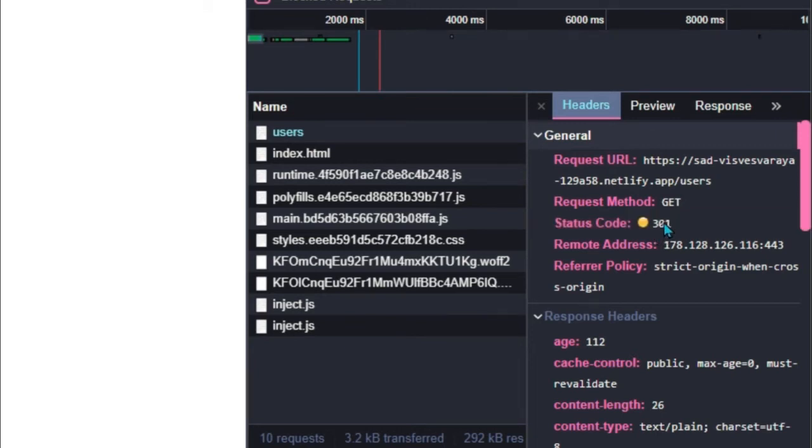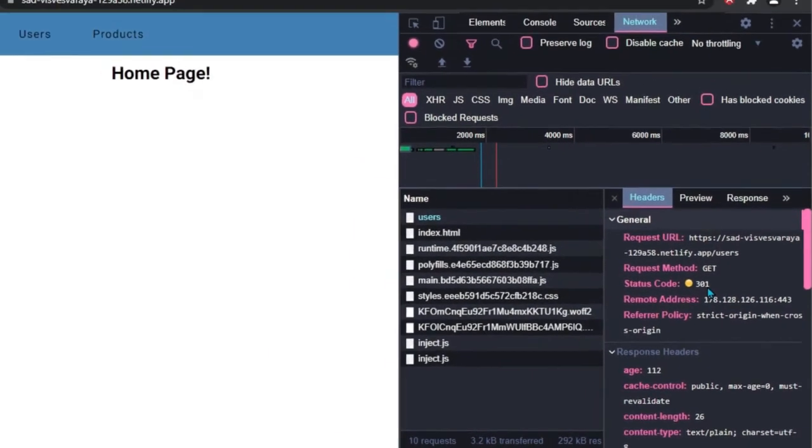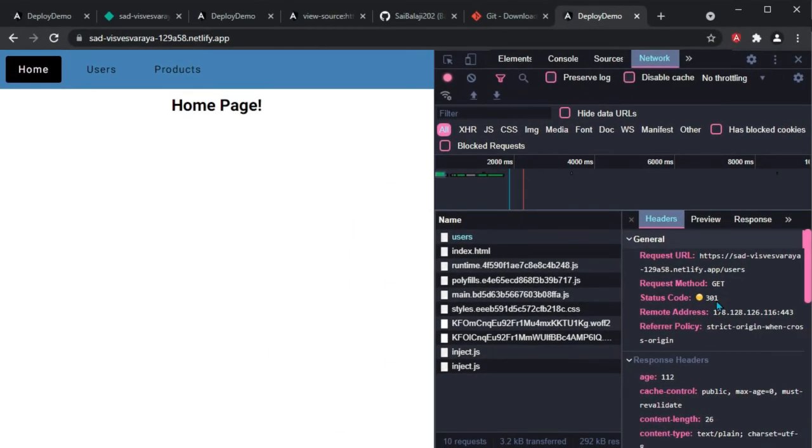Now you may ask, well, we are doing redirection only, so what is the point of talking about this status code? Logically speaking, we are not doing any redirection. We are just delegating the route handling part from the server to Angular. That's what we are doing. So in order to delegate the task to Angular, we are using server-side redirection as a trick. We didn't mean that the requested resource actually moved to some other path. We didn't mean that. So this is the issue.